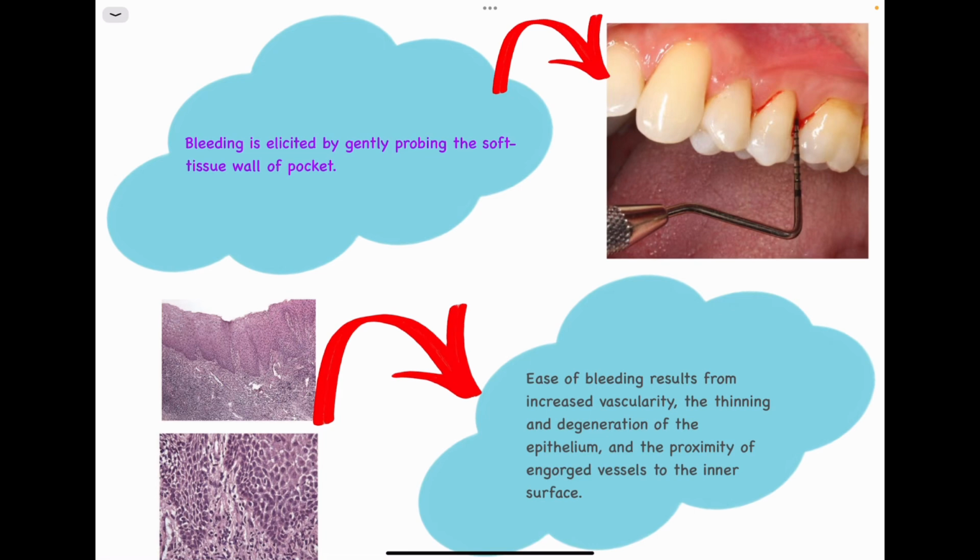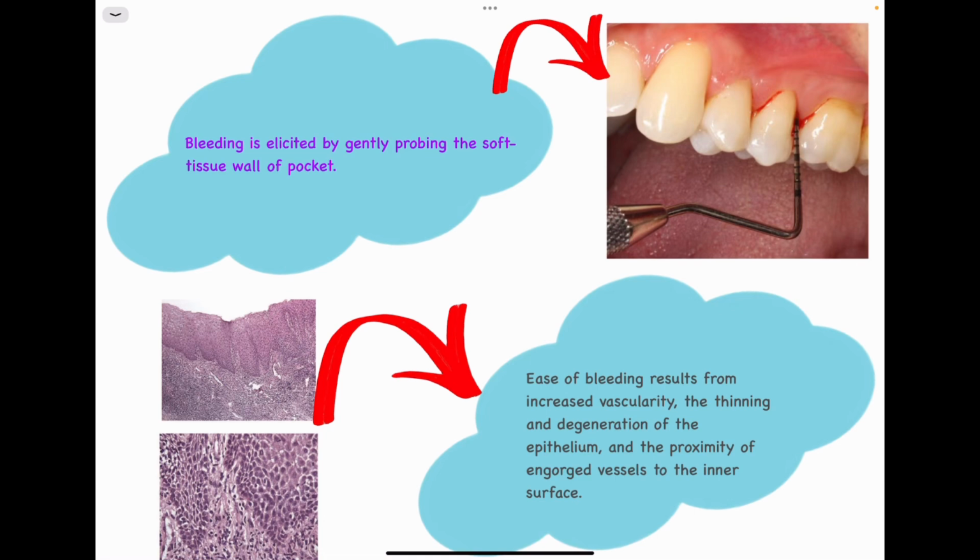Okay, now histopathologically what we can find is there is increased amount of vascularity. Also there is thinning and degeneration of the overlying epithelium. Now because of this huge amount of leukocytes and microbial debris which are present, there is degeneration of the overlying epithelium. Now because of this degeneration of the epithelium, the engorged vessels which are normally present within the connective tissue,